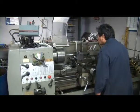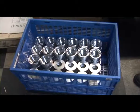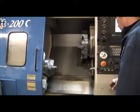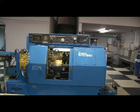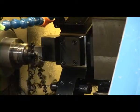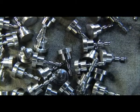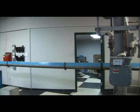These lathes, and we have 3 of them, are for turning and turning only. This one behind me is designed to turn big parts and make our big dome ports, for example. Whereas this lathe is for manufacturing and turning small parts no more than 1 inch in diameter, and it's got a 12-foot bar feeder at the end of it so that